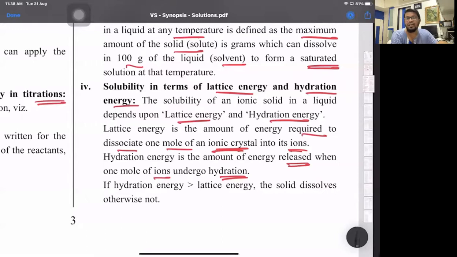Now this NaCl, when I dissolve in water, what happens? The ionic bond breaks. Na plus ions are surrounded by the OH ends of water, and the chloride ions of NaCl are surrounded by the H plus ends of water. That term is called hydration enthalpy. That's the energy released when you dissolve any solid like sodium hydroxide flakes. When you dissolve them in water, they readily dissolve and the solution becomes hot. It's an exothermic reaction, energy is released. So if hydration enthalpy is greater, if I have to compare, one second.